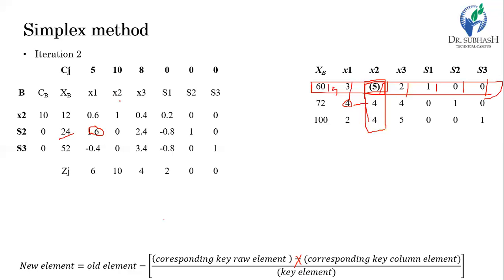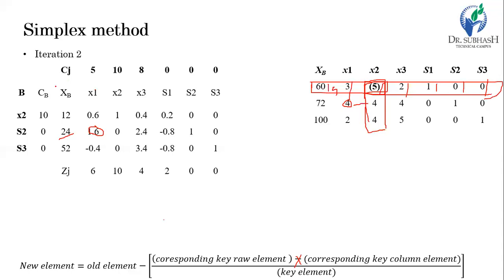For the column x2, 1 multiplied by 10 plus 0 into 0 plus 0 into 0. So the value of Zj, or Z2, is 10. For x3, 0.4 times 10, so it is 4, and the remaining ones will be 0. And for this next one, 0.2 into 10 is 2, and 0, 0 for the remaining. So here we get the Zj value, say outgoing profit, and we have the incoming profit.